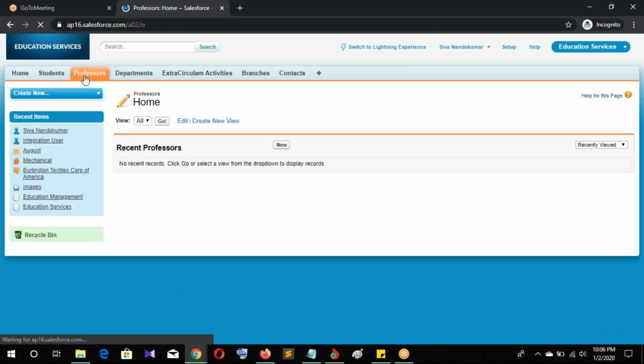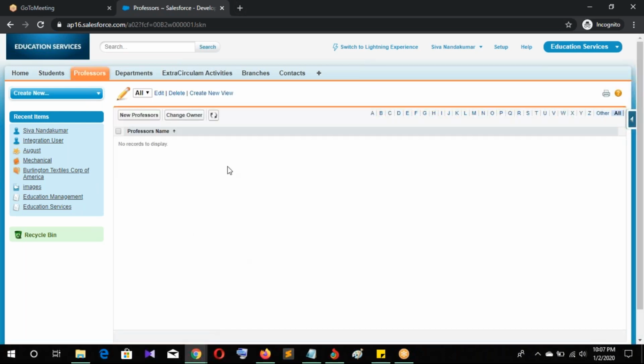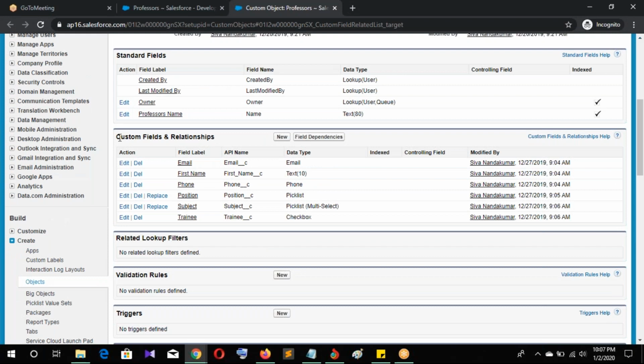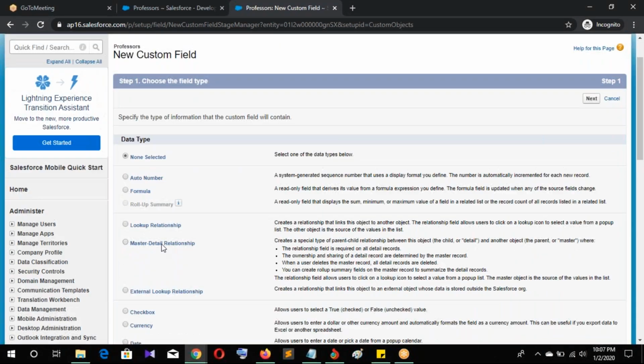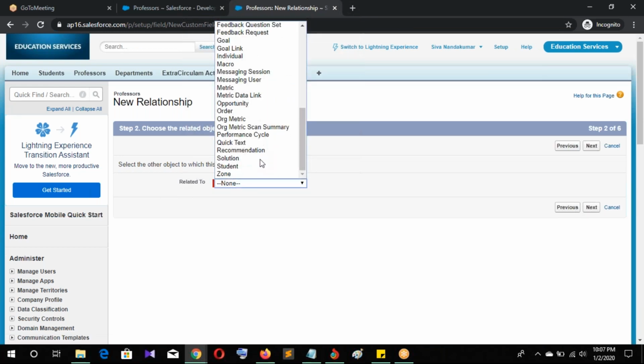Before creating the master detail relationship, first check whether the child object has any records. They have no records, right? Then go for the fields. Relationship is a custom field. Click master detail relationship, next, and related to which object means the parent object.